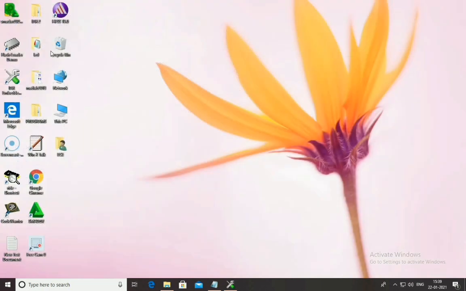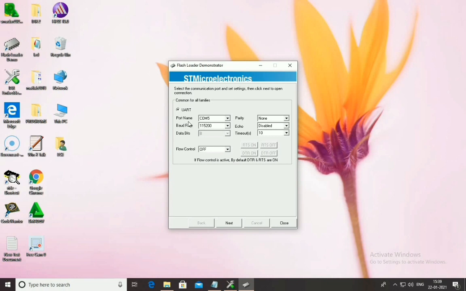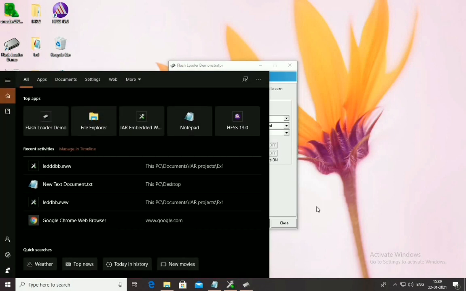After that, connect the kit before you go to the flash loader. Using this flash loader you can download the file. So go to the flash loader, select the port name. That port name you can find in the device manager.